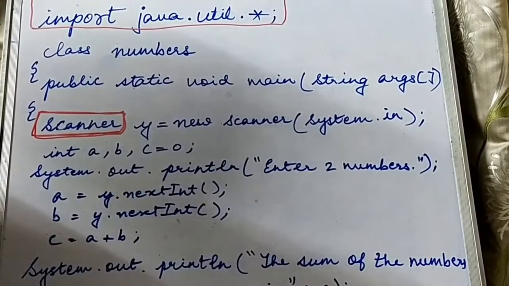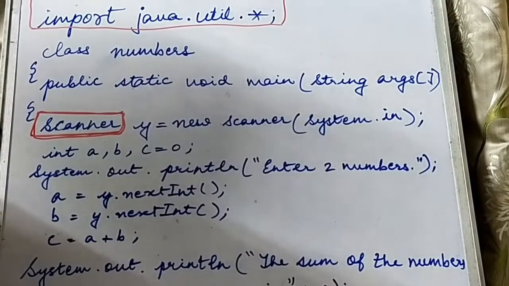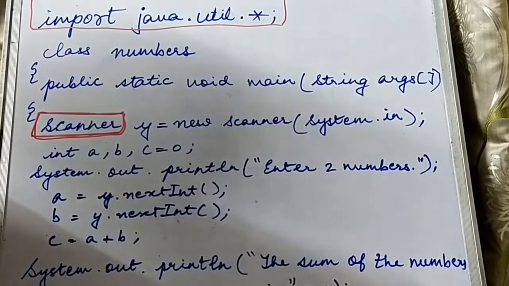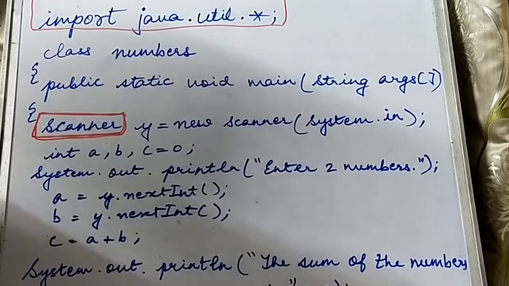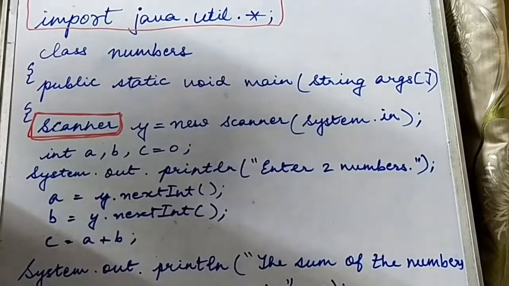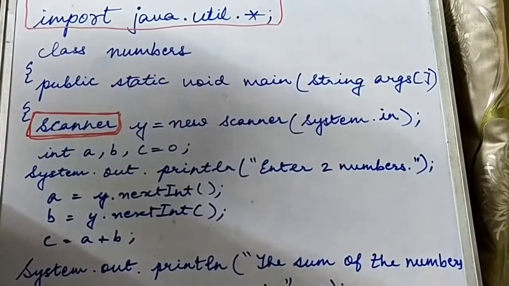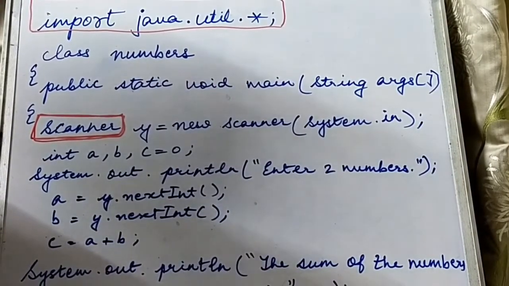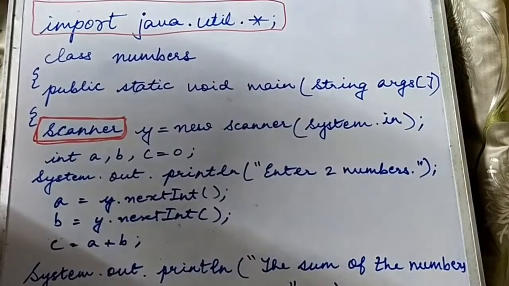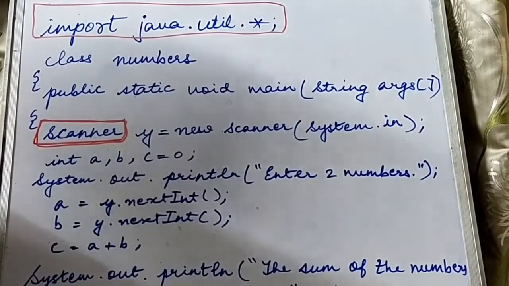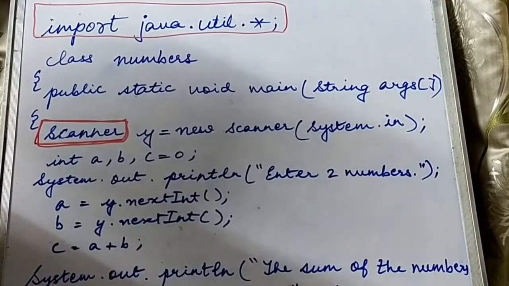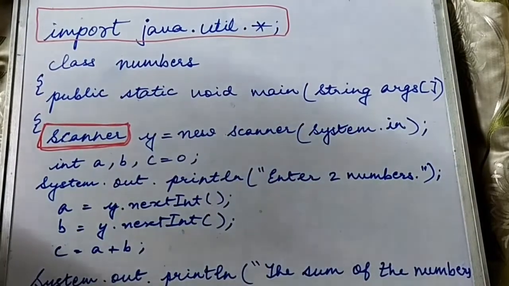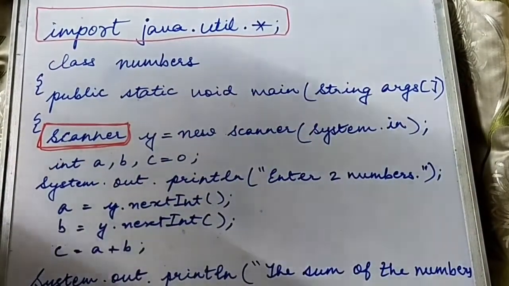In the Scanner class we get the methods to input different kinds of data types into our programs. Actually there are two ways to input, two classes: one is the Scanner class, and the other is the InputStreamReader and BufferedReader class. But from last year we have introduced the Scanner class in standard 9 also, so you are going to write all the programs through the Scanner class only. So how do we write the Scanner class?